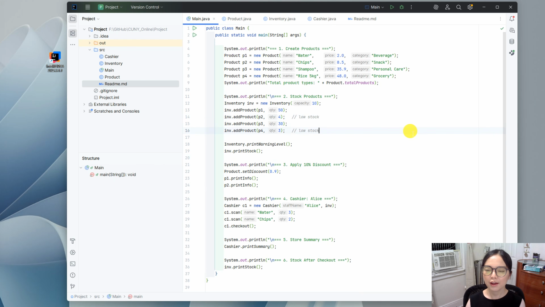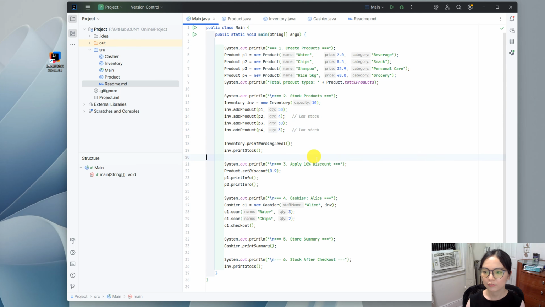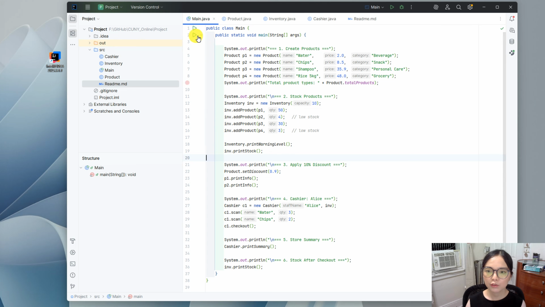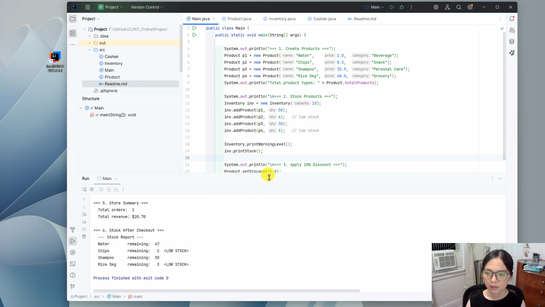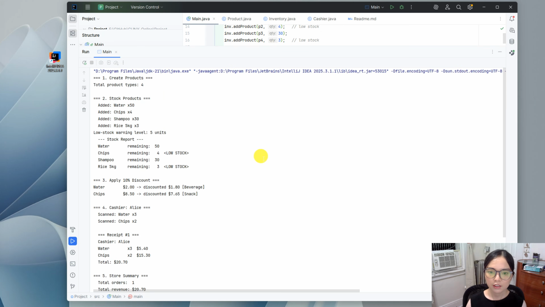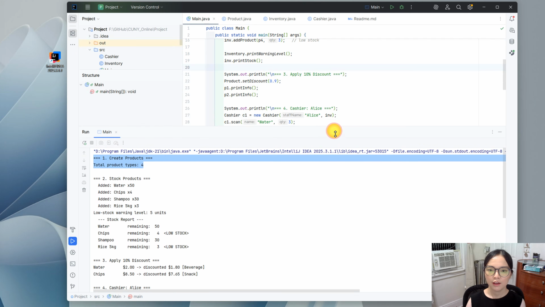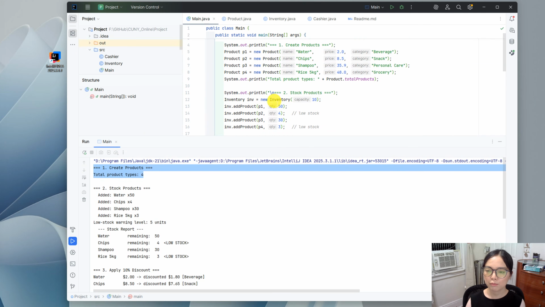And here I write my main method, and I give it 5 or 4 instances there. And I practice different functions there to test. So let me take a look over it. What is the final output? Here I test the create products. Okay, it tells me that we have 4 products